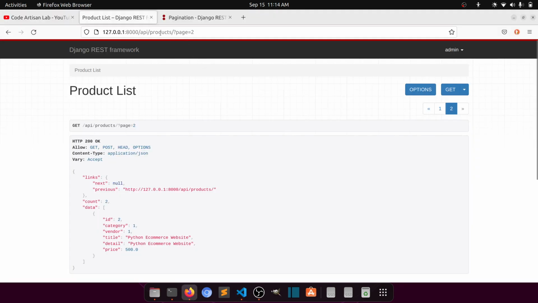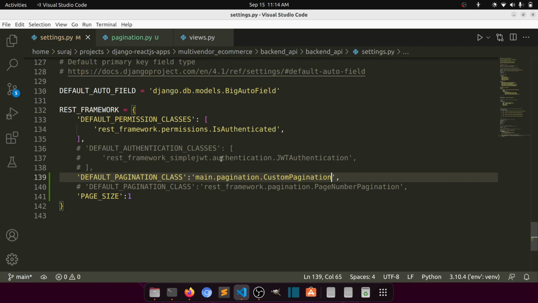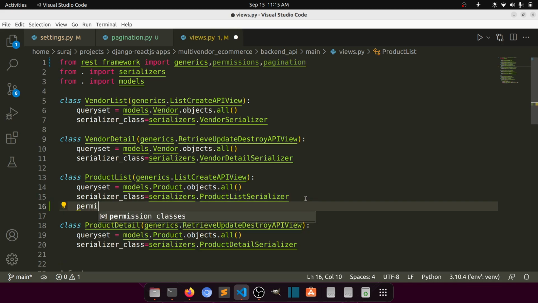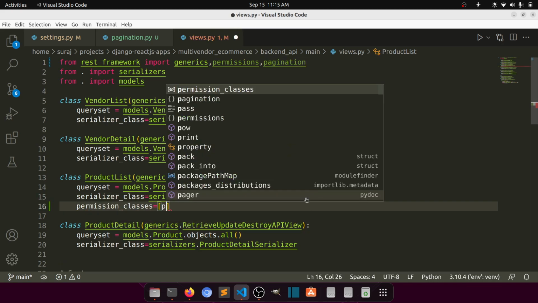Like this is our product view level. Currently this is working as a page number pagination, but if I want to apply another paging style, then what I will do here, we will import the pagination, right, from the REST framework, and then here we will apply permission class equal to